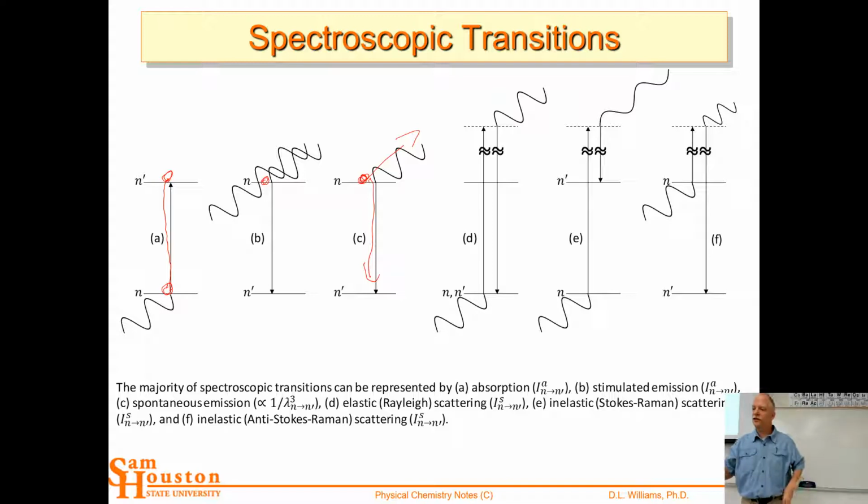Then these others we'll talk more about. They are scattering techniques. Notice a photon comes in and a photon goes out. This would be Rayleigh scattering, and these are the Raman effect, inelastic scattering. A photon comes in and then goes out with a different wavelength. We'll talk about those much more later. But for now, let's focus on emission, because that's what's going on with the blackbody radiation. We're getting emitted light out. So let's just focus on the emission